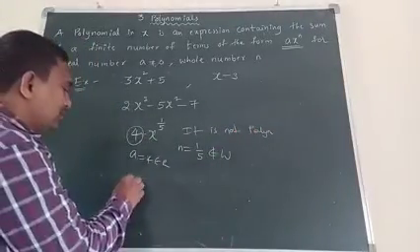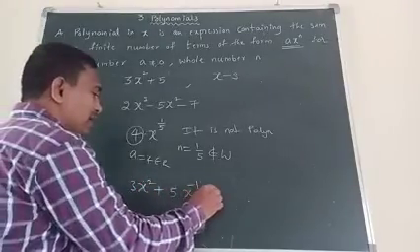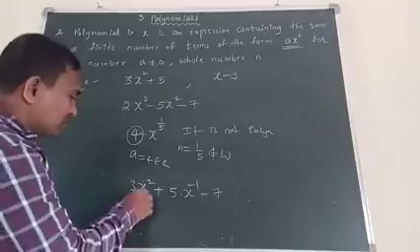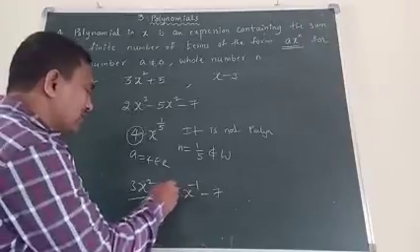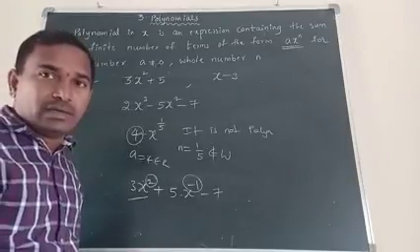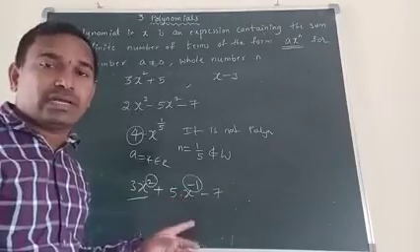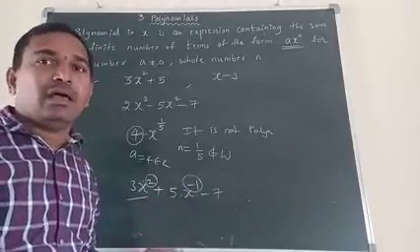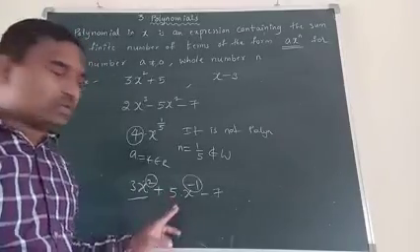Let us take another one: 3x square plus 5 into x power minus 1, minus 7. See, how many terms are there? 3 terms. The first term is 3 into x power 2. The second term is 5 into x power minus 1. The variable powers should be positive integers. In an expression in variable x, the powers of x should be positive integers. Then that expression is called a polynomial. Otherwise that is not a polynomial. So this is not a polynomial.